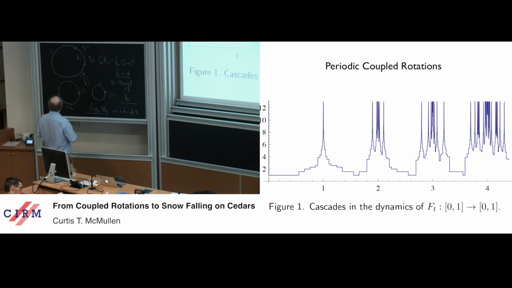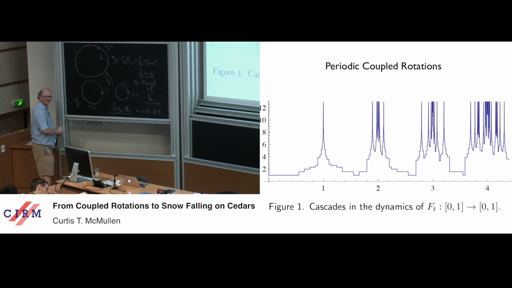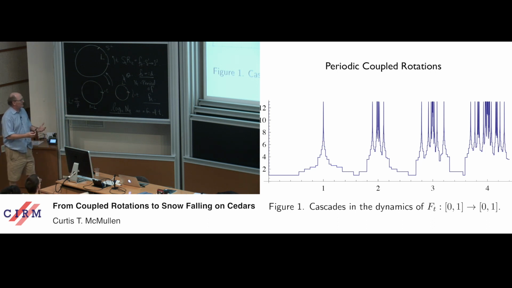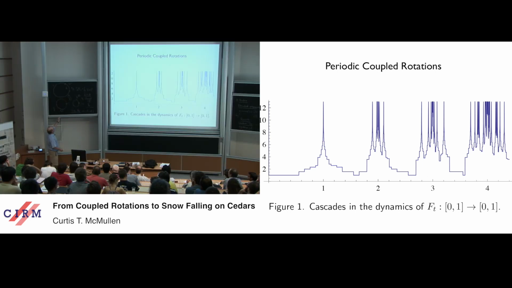So L was chosen at random to be pi over 7, one of my favorite numbers. But L should be irrational. Otherwise, all bets are off. It's just a periodic map. But the qualitative picture you see is roughly the same for all irrational numbers. However, it's a good question: maybe something even more special happens for certain special values of L. And indeed,